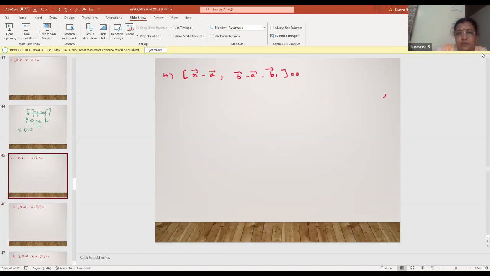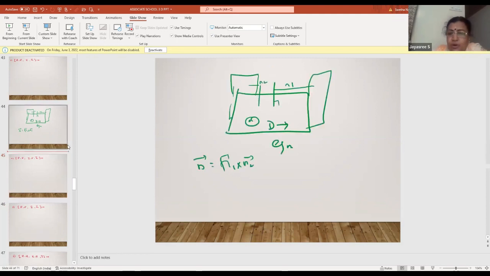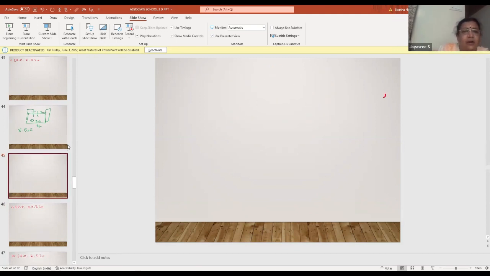What is the next pattern? So the fourth pattern, this is, again, if you have 2 points, one point is A, another point is B. So 2 points are given and B1 is given. So what is this B1 telling you is, the question will be,